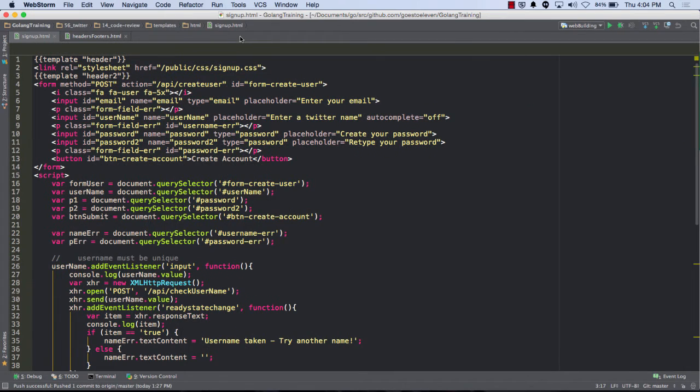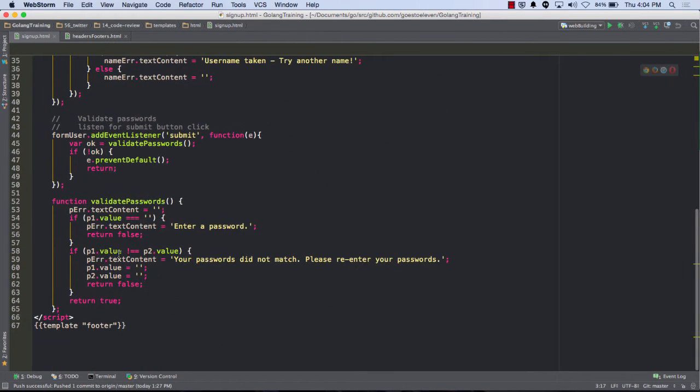But there I got my headers. And then I have my footer down here, which just basically ends the document. So if I ever wanted to add some like footer navigation bar or something at the bottom, which probably I would, about us, whatever, right? Then that's where that would go.